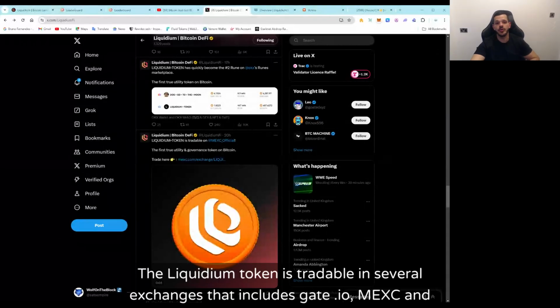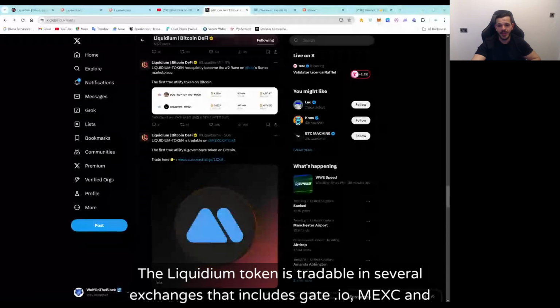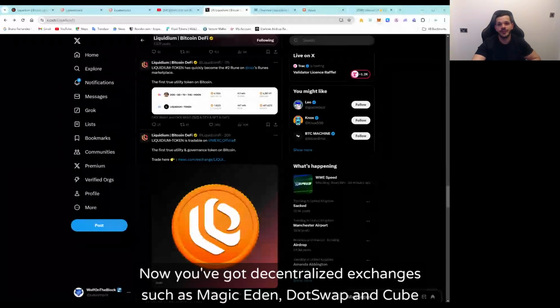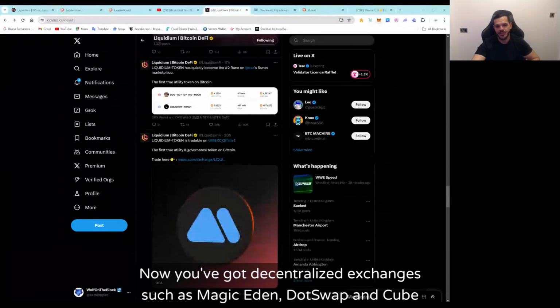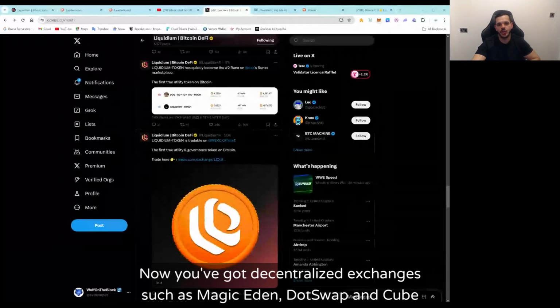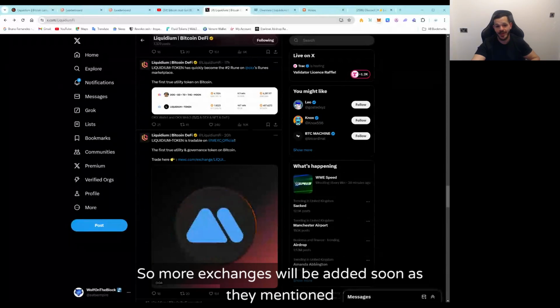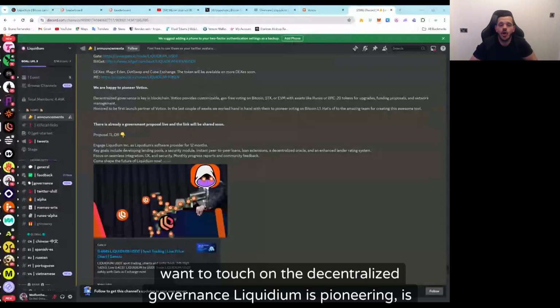The Liquidium token is tradable on several exchanges. That includes Gate.io, MEXC, and BitGet for centralized exchanges. Now you've got decentralized exchanges such as Magic Eden, DotSwap, and Cube Exchange for DEXs. More exchanges will be added soon, as they mentioned. And then finally, I want to touch on